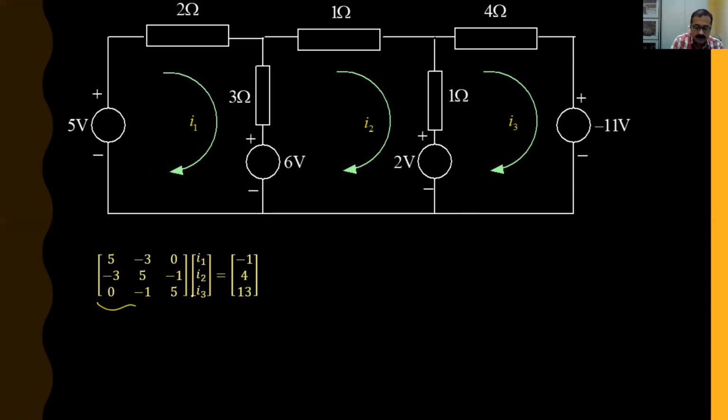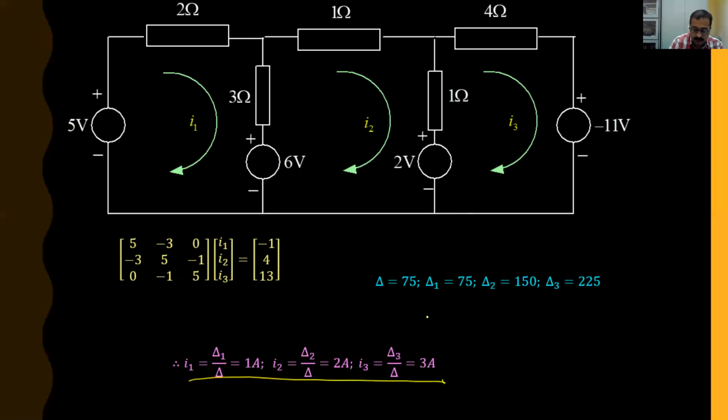Fine. So we have the impedance matrix, we have the current vector, so we can find delta 1, delta 2, and delta 3, which will eventually give you the loop currents I1, I2, and I3. So if the question is to find the branch current, what will be the current through 3 ohm? It will be either I1 minus I2. If you do I1 minus I2, you get the net current through 3 as minus 1. It means the actual current flow is in the opposite direction. That is what you get if you do I2 minus I1. I2 is towards the top, I1 is towards the bottom. In this way, you can calculate all the branch currents.